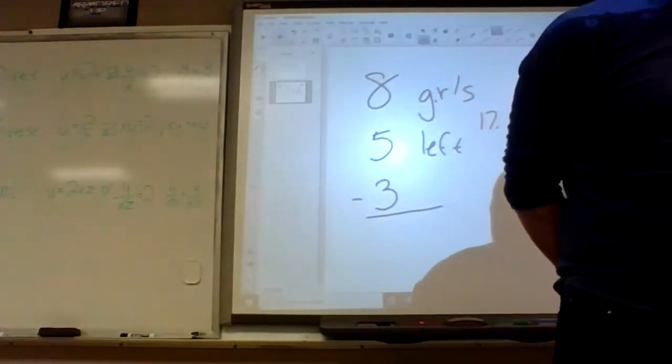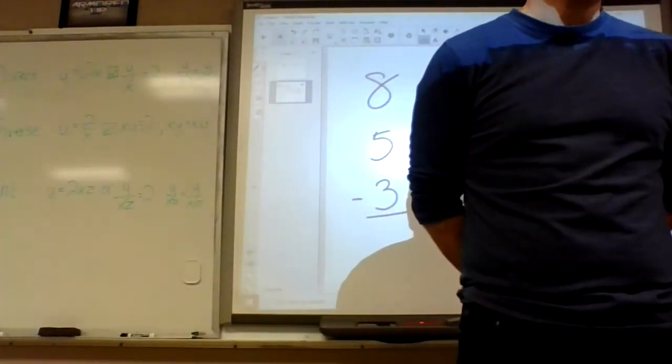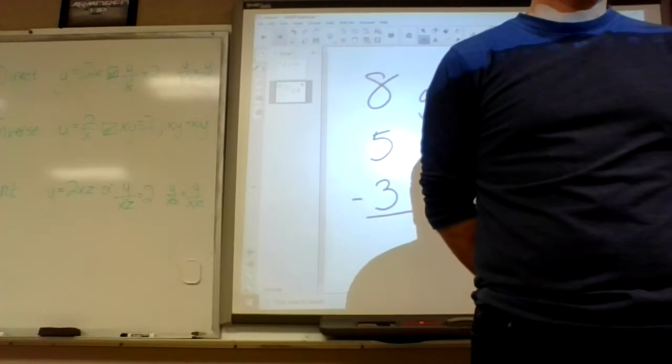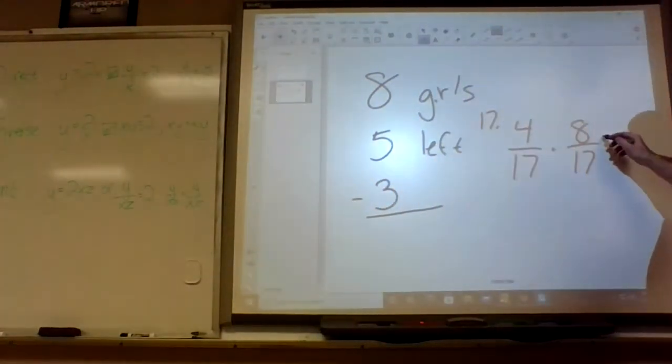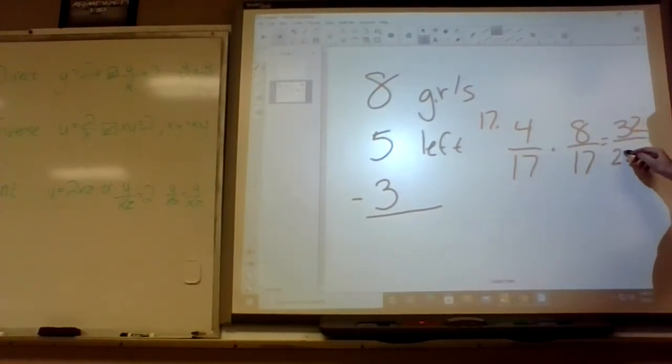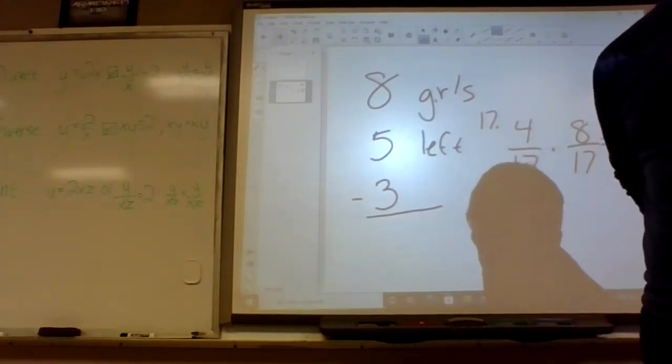Okay, 19 is a little trickier. It's the same as 18. Do you want the answer in decimal form for the multiplication? No, just leave it. The book just put 32 over 289. Why did they make them the same? They're probably trying to make a point or something.